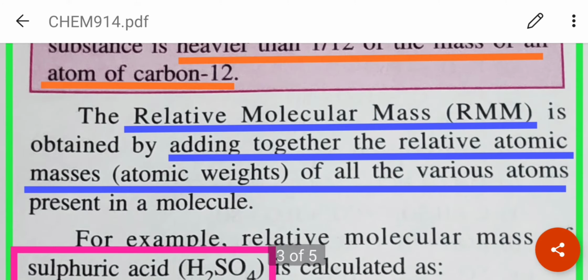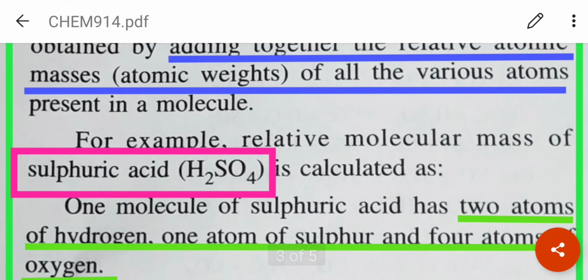So, the relative molecular mass is obtained by adding together the relative atomic masses of all the various atoms present in a molecule. For example, we take sulfuric acid whose formula is